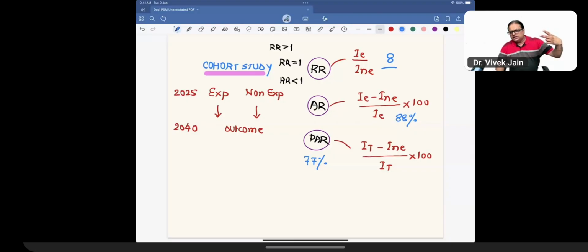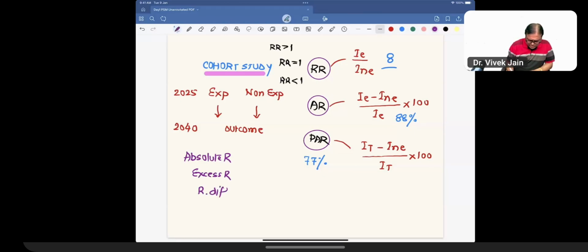Attributable risk: how much of the disease is due to the risk factor? Population attributable risk: if the risk factor is removed, how much reduction of incidence will occur every year? 77% will decrease. What is absolute risk? What is excess risk? What is risk difference? What is the answer, friends? All three are